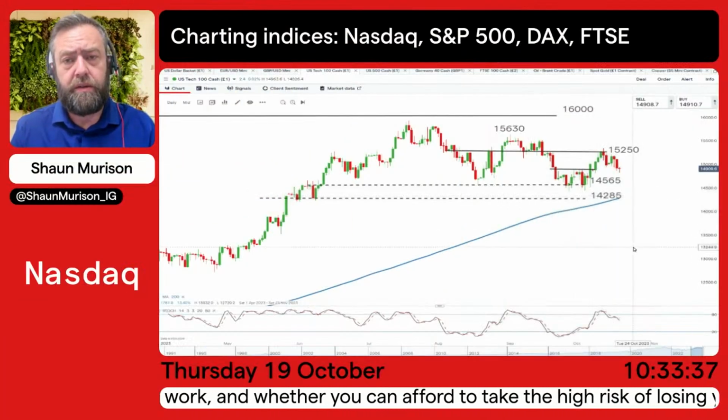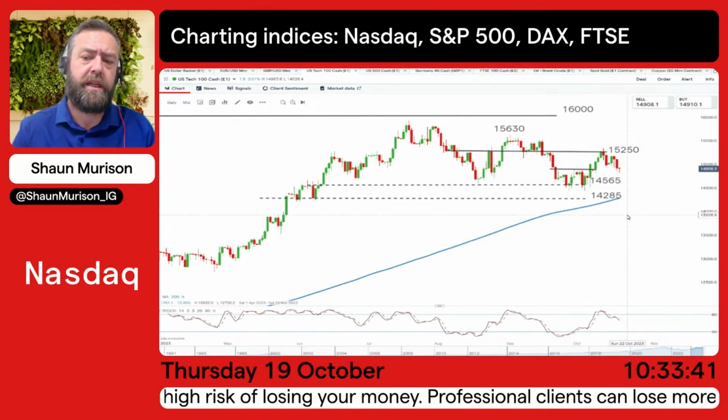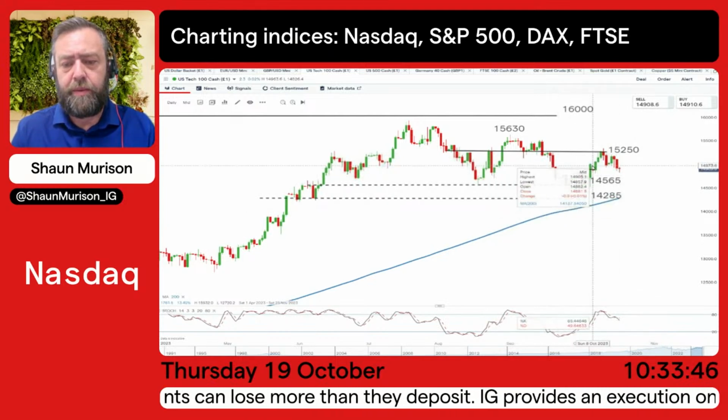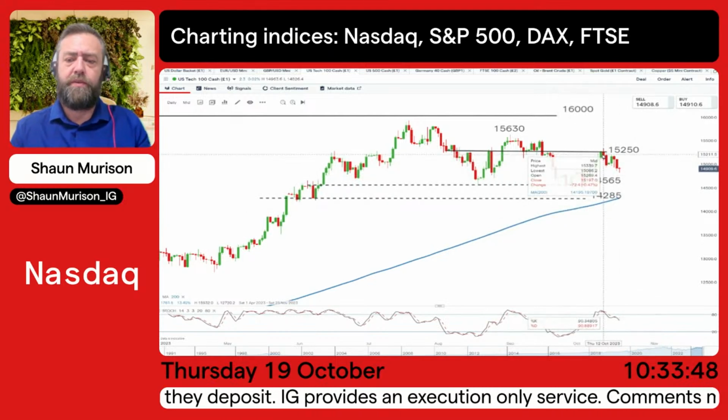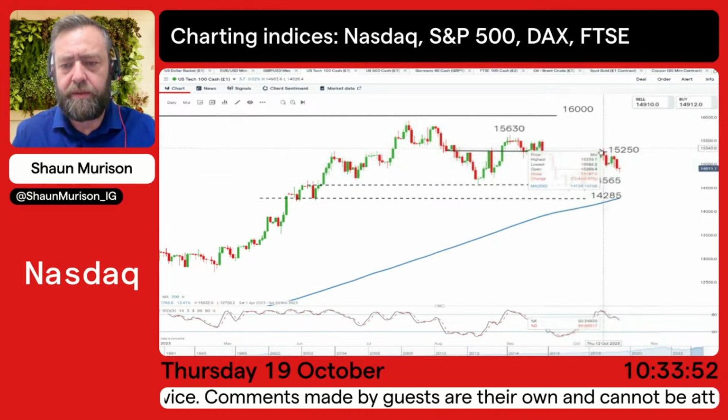Moving over to some indices now, and looking at that US tech, or that Nasdaq 100. Short to medium term, we've talked about this range-bound trading environment. That longer-term trend is still considered up. We see the price still trading firmly above that 200-day simple moving average. Well, last time we looked, we had an upside breakout. The price moved quite promptly to its 15,250 target,